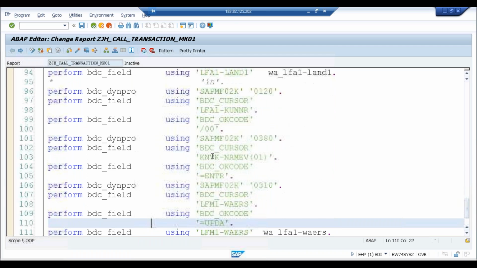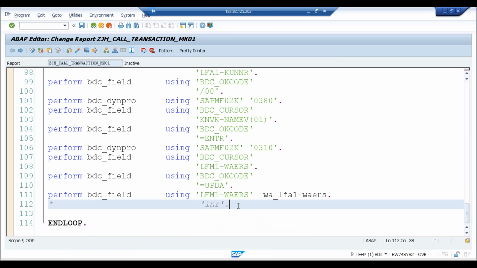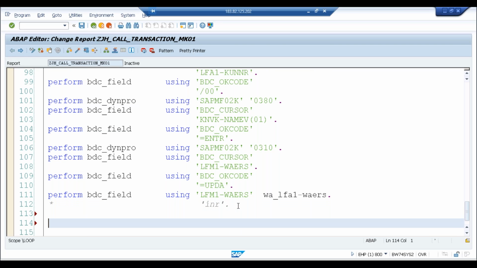Then after pushing the data into the fields, actually these are the fields. Now we have to call that screen, call the transaction. Call transaction MK01 LFA1 using transaction code MK01, okay. Transaction code, using IT_BDC_DATA